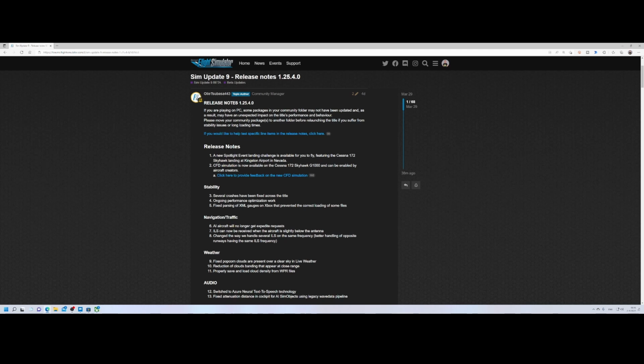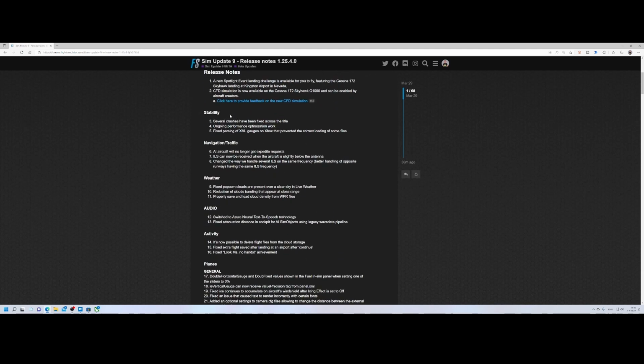Right, the CFD simulation, that's a new simulation which they announced earlier, I think a few weeks or maybe a few months back. And that's now available also for aircraft creators, right? So if you're developing your own aircraft, you can do that. Then if we look at points 3, 4 and 5, it all has to do with stability, including preventing crashes,